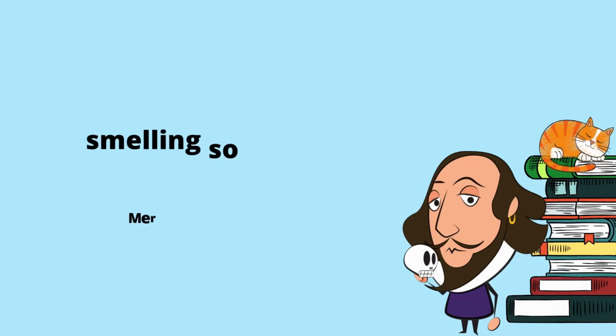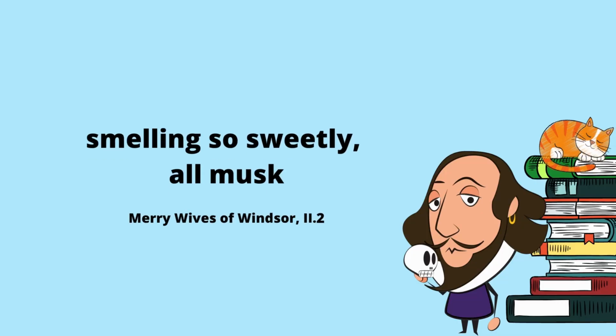But either way, the animal from which they get musk was mentioned in Shakespeare's plays. Hostess quickly talks about musk being a sweet smell when she says, "Smelling so sweetly, all musk." That's from Merry Wives of Windsor, Act 2, Scene 2. The sweet-smelling musk rose is mentioned 3 times in A Midsummer Night's Dream. So even in Shakespeare's lifetime, it seems there were plant sources where you could get this musk fragrance instead of